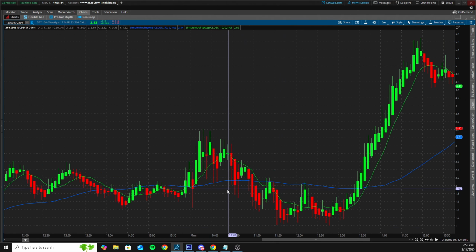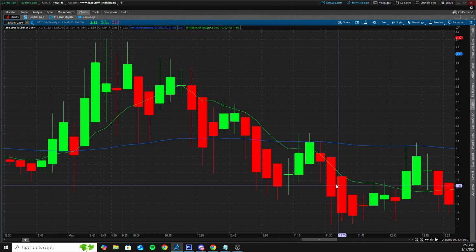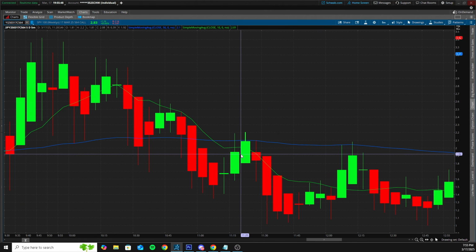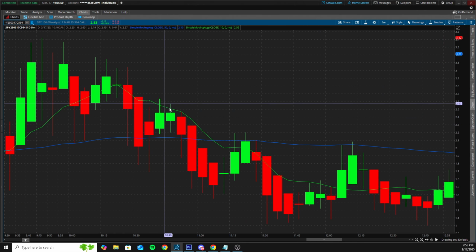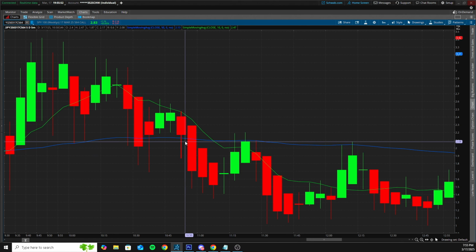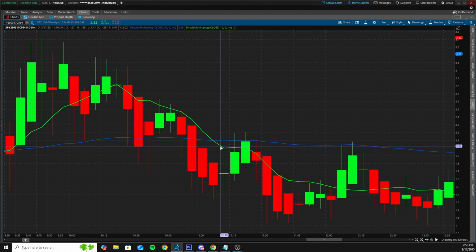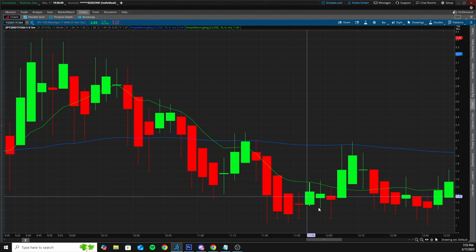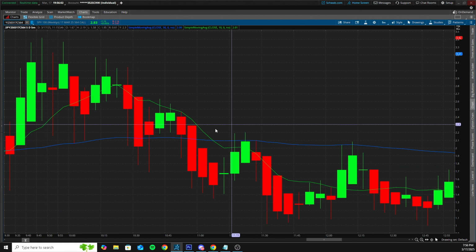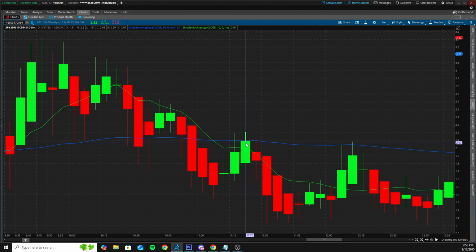So we ended up getting the negative cross. Right in this area, you could have taken the negative cross. The 10 was going below the 50 right here, and as we were going negative, we ended up getting a retest of this 10 and 50 SMA. It never closed above, so you would have never stopped out in this trade. And look at this beautiful move we got. We ended up hitting that make or break point at that 50. Your stop is a close above.